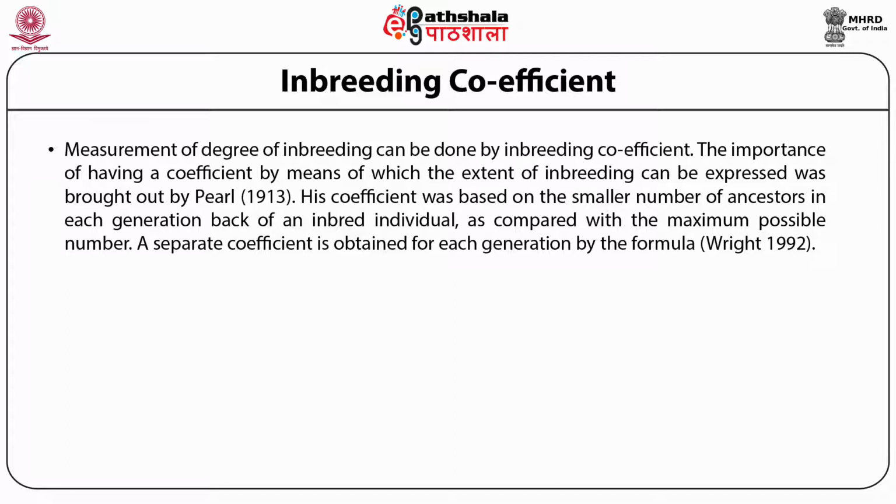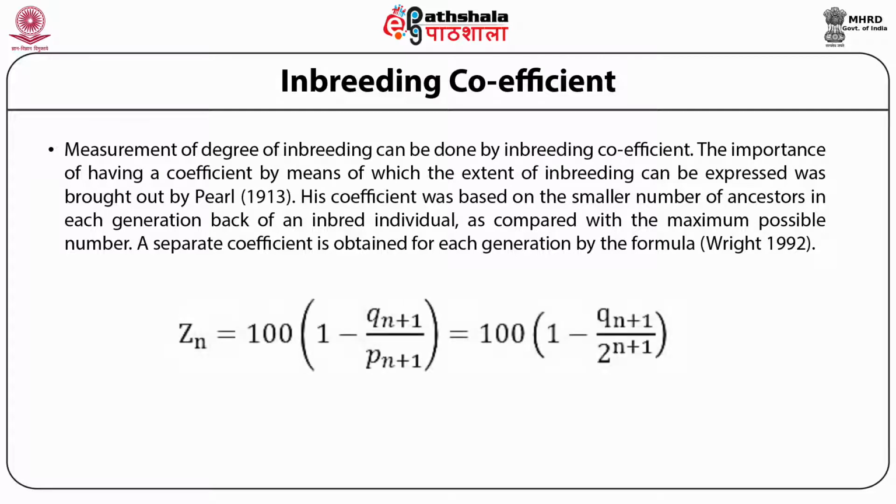A separate coefficient is obtained for each generation by the formula. The formula is Zn = 100 (1 - qn+1 / pn+1)